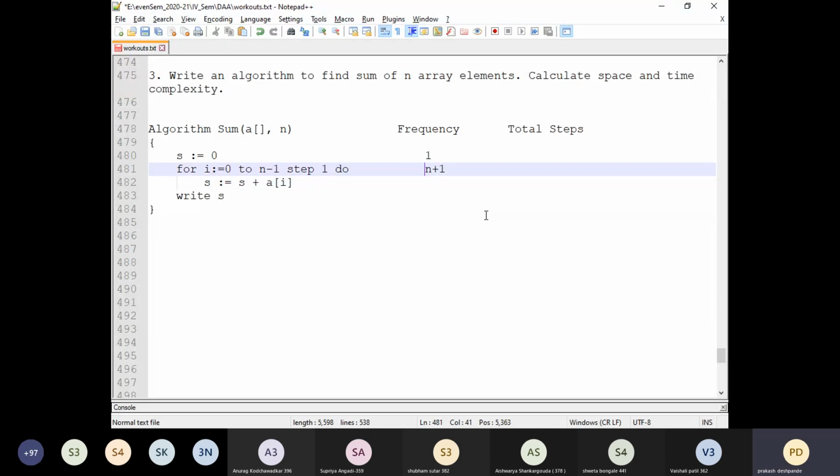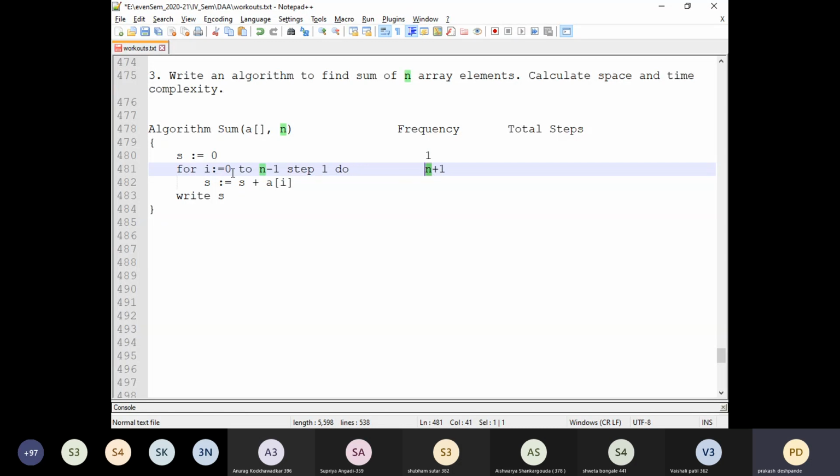Do you agree with n plus 1? How can we judge or find out this value? It is pretty simple. Since it is a loop, this particular loop will be executed for two different sets of values: one when the condition is true and the other when the condition is false. We know that when the condition is false, it will be executed only one time. That is the plus 1 here. And we need to judge what value we can give before the plus.